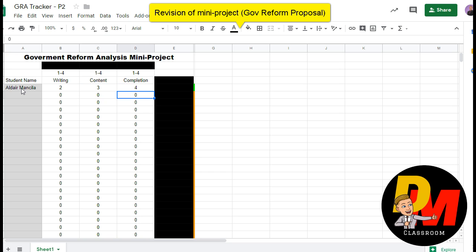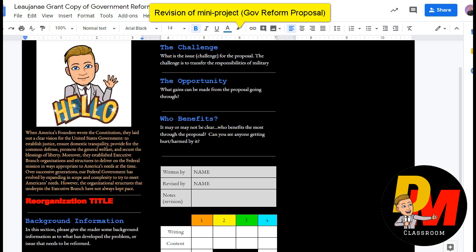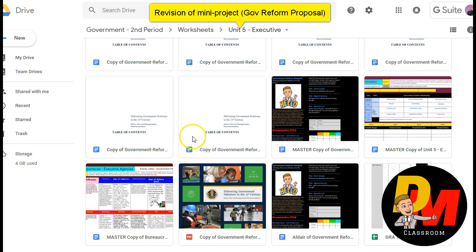That's all you have to do. Nothing more, nothing less, very simple, and just go with it, okay? I need everyone to do that because that'll put in the scores for me so I can see that, and then we can talk about it and we can move things around later. But again, you can find that in worksheets. Do not make a copy, just open it, do the stuff there, and it's good to go.